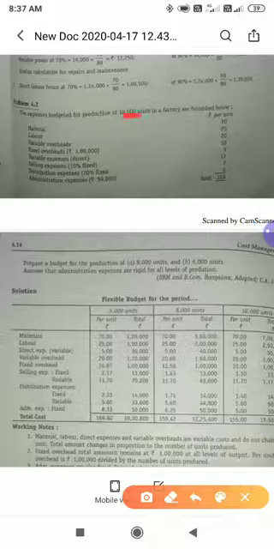So material, first see, when they give a question you have to identify whether it is a fixed cost or variable cost or semi variable cost. Now look at here, material is variable cost, and even labor is also variable cost. And next they have given variable overheads, they have only specified variable overheads. The next one we have fixed overheads will always remain same, and variable expenses, that is direct, they have given.